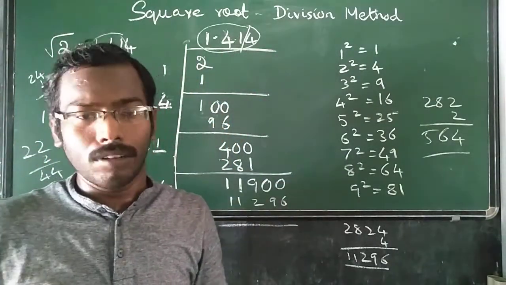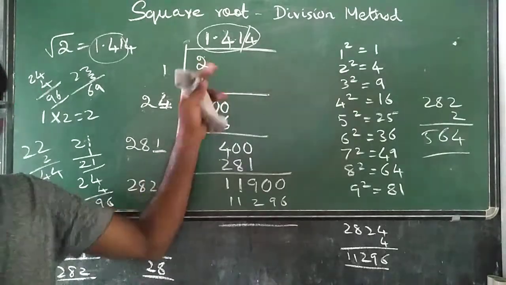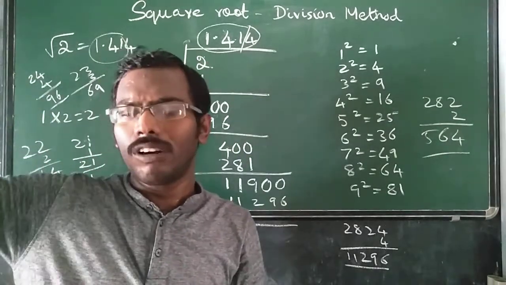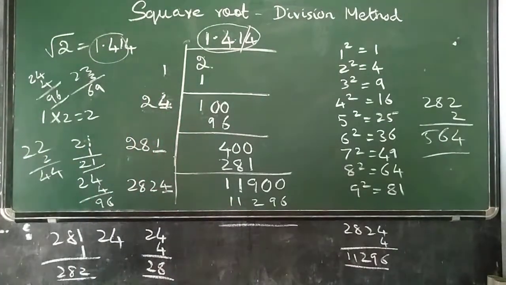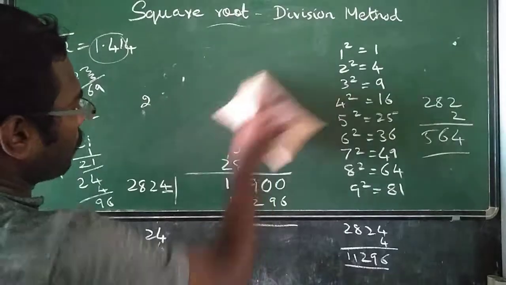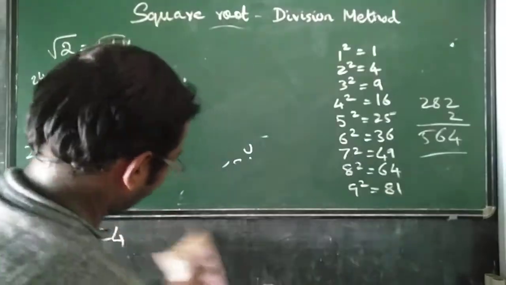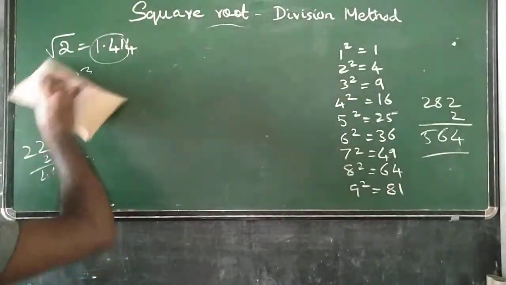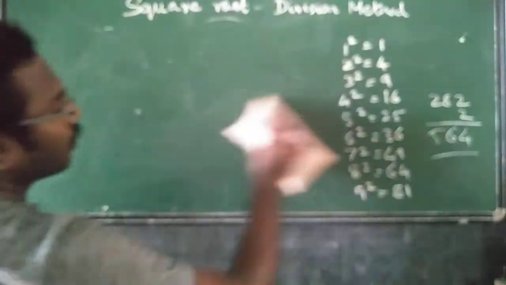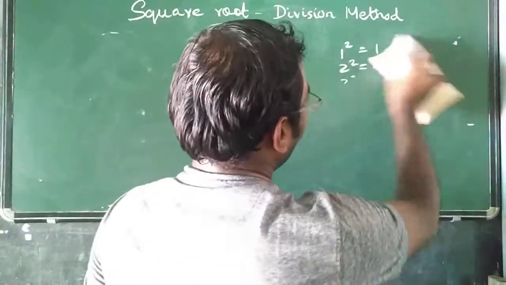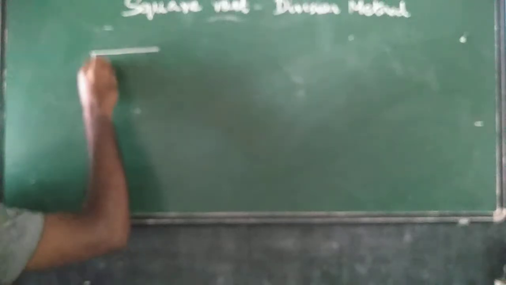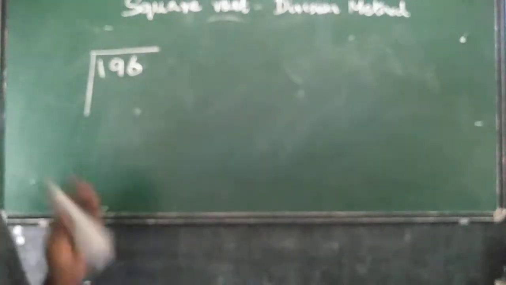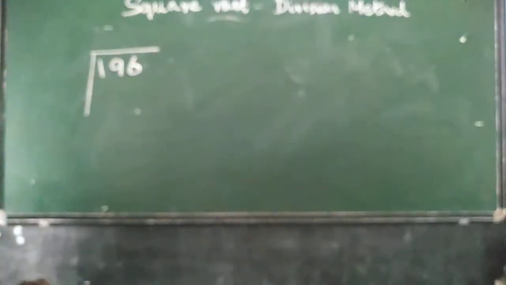We will do some examples, because this is only a one digit number. We will try for 2 digit, 3 digit, 4 digit, any digit is also possible. So I will give you some considerations. I am taking some easy sums first, some round numbers. For example, one 3-digit number, 196. This is a round number, but why I am taking this, I will tell you.